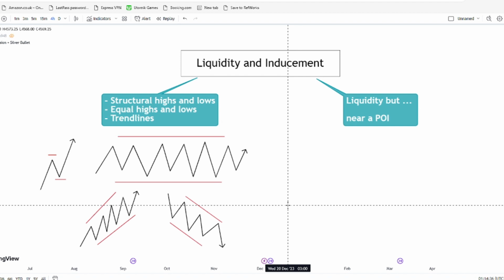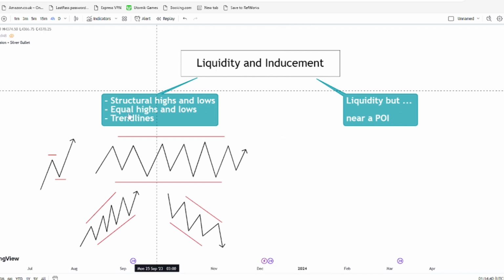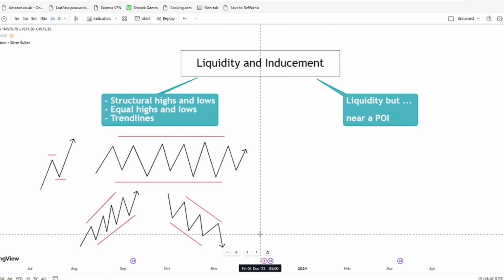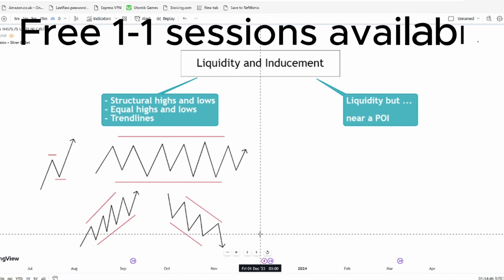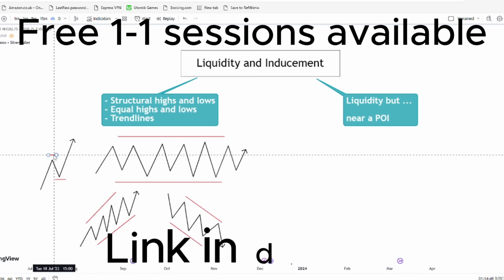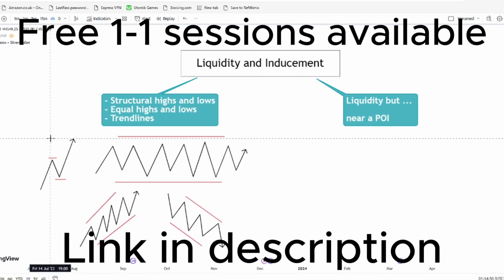So we see liquidity in three main areas. We see equal highs and lows over here. We see trend lines, upward sloping and downward sloping, both respectively represent liquidity pools, and we see structural highs and lows as well, which also serve as liquidity points. Okay,